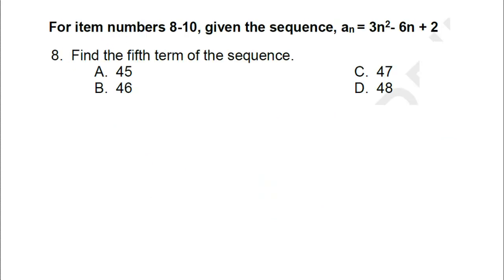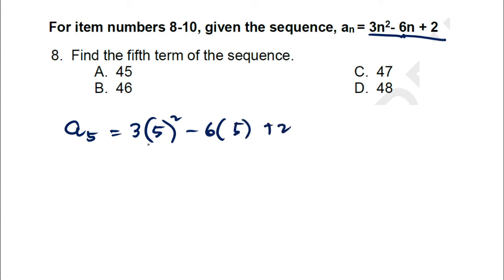Now let's proceed. For item numbers 8 to 10, given the sequence a sub n equals 3n squared minus 6n plus 2, find the fifth term of the sequence. So we're going to find a sub 5. We're going to substitute the value of n, which is 5: 3 times 5 squared minus 6 times 5 plus 2. We simplify first the